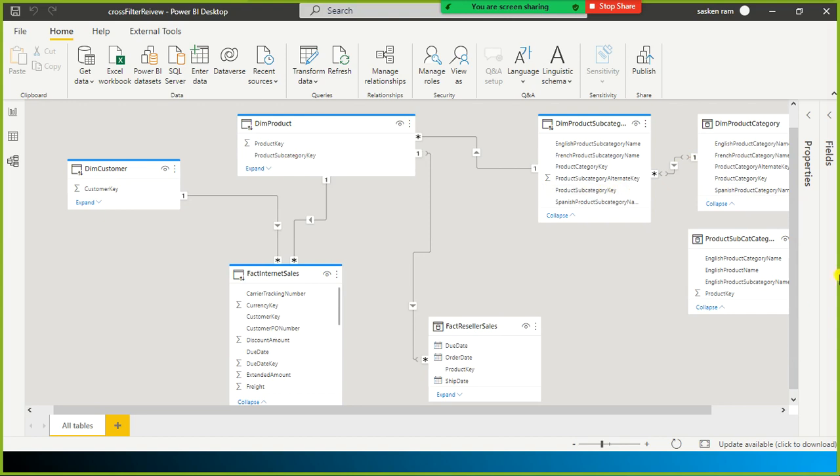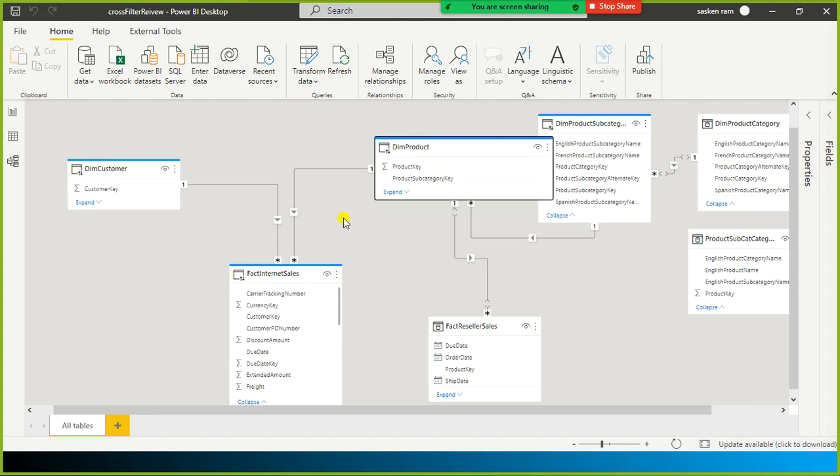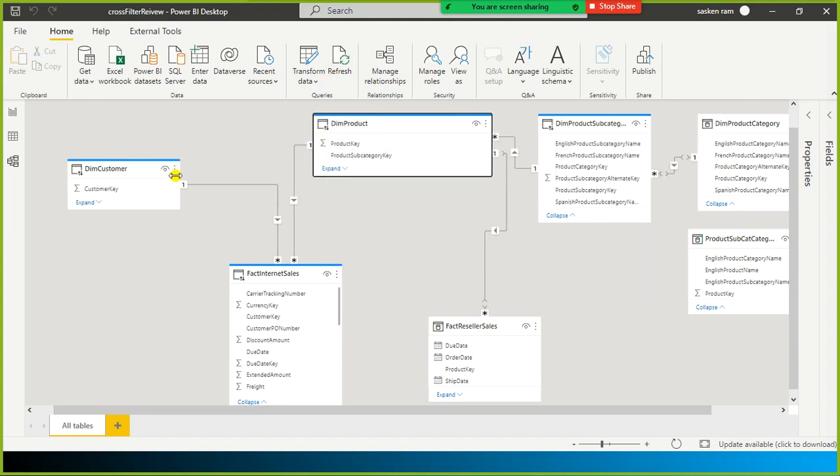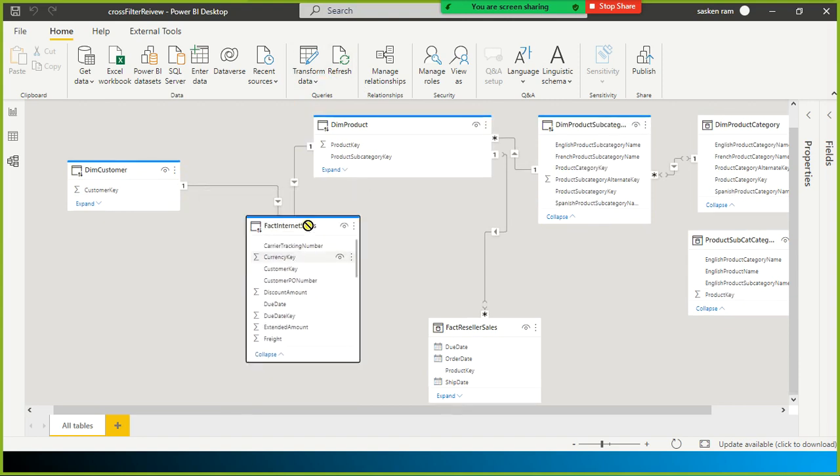Okay, so in a real time scenario, we often come across many to many relationship related issues, right? What is a many to many relationship? Before we proceed further, let us first understand what a many to many relationship is, and why we can't implement it upfront.